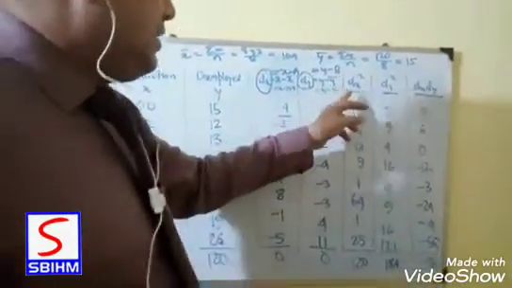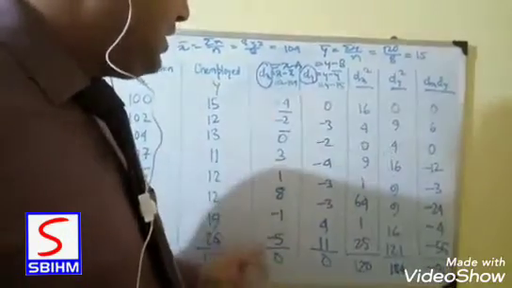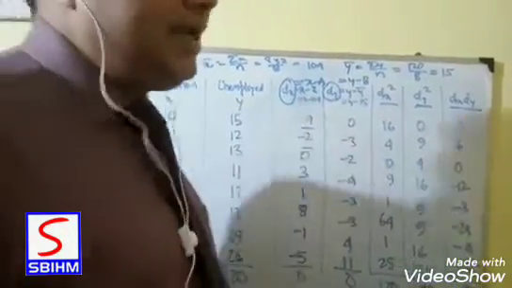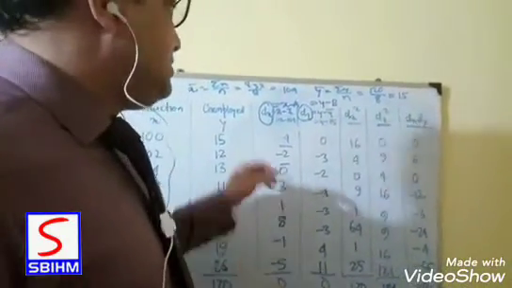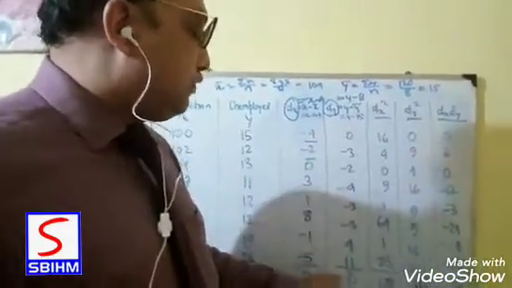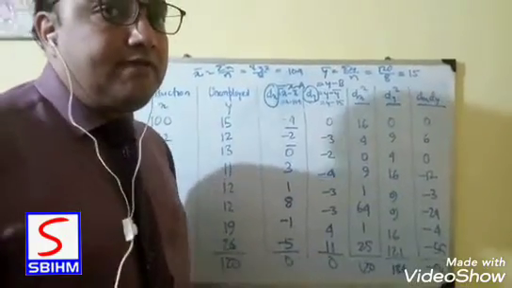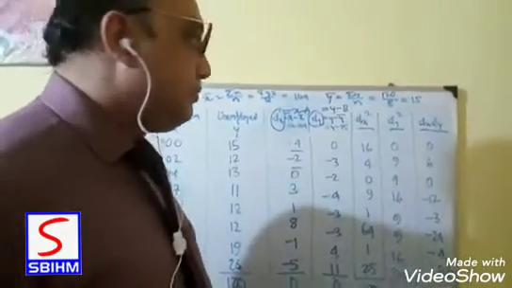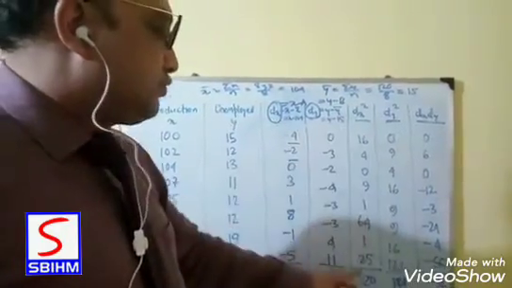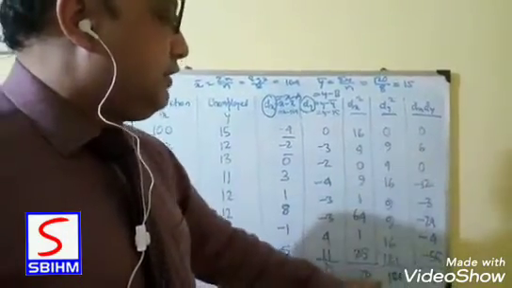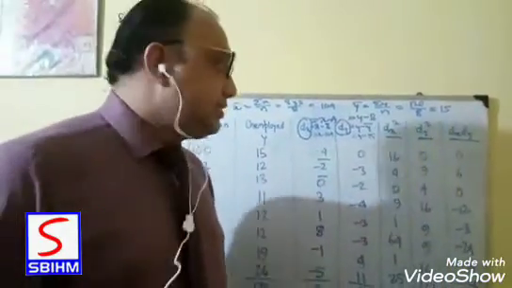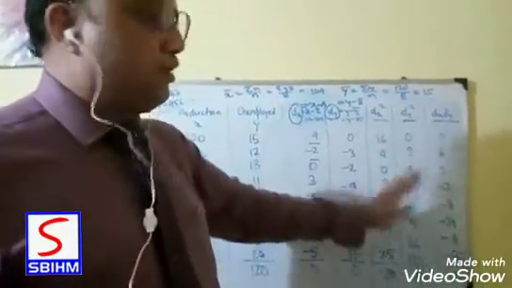Then we add these up. Dx is added, dy is added, and as we have calculated the deviation from the actual mean, the summation of dx would always be 0. Summation of dy would always be 0. When deviations are taken from the actual mean, the sum of the deviations is always 0. So dx square is 120, dy square is 184, and dx dy is minus 92. So this is the way you have to solve this sum.